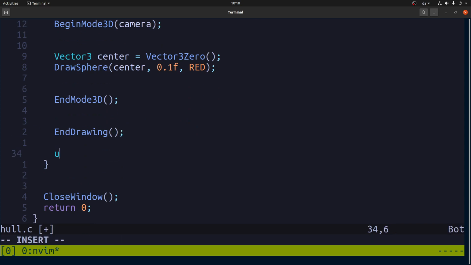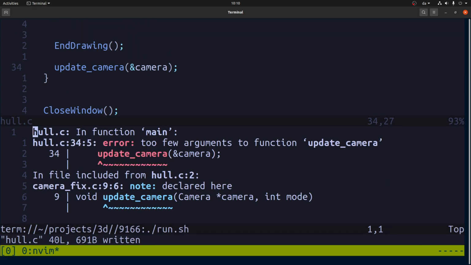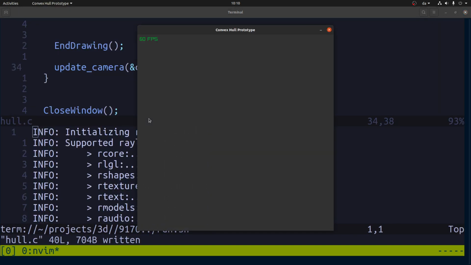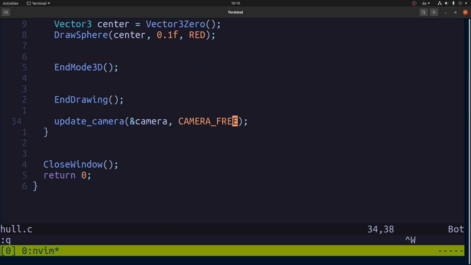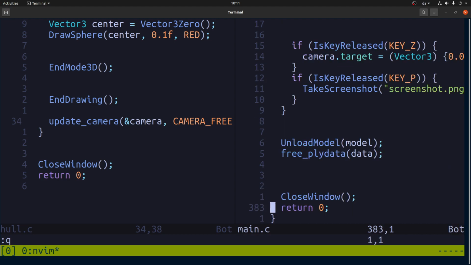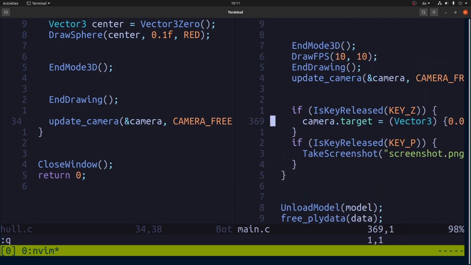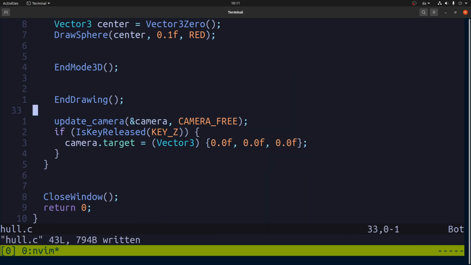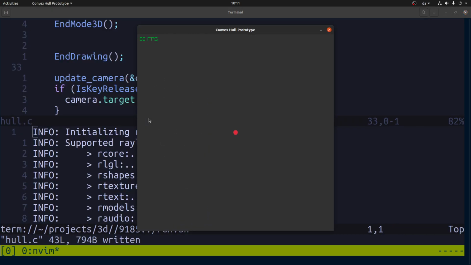And finally, we need to call update camera, so we can control the camera. And that's because it needs a mode as well, so I think we can use camera free. And let's also go into the main file and have this thing where we focus on the origin. So okay, so here we see it,